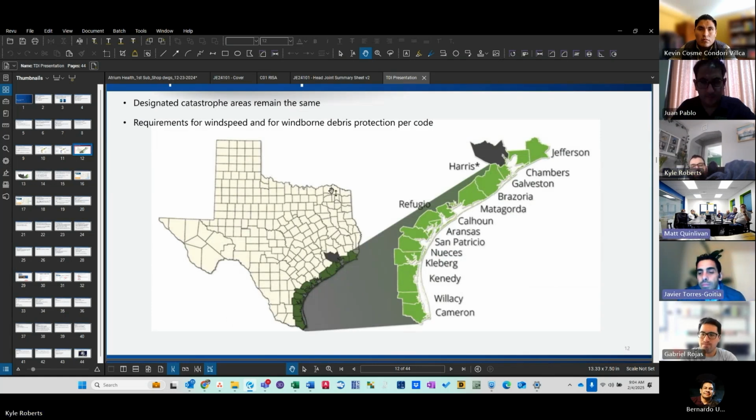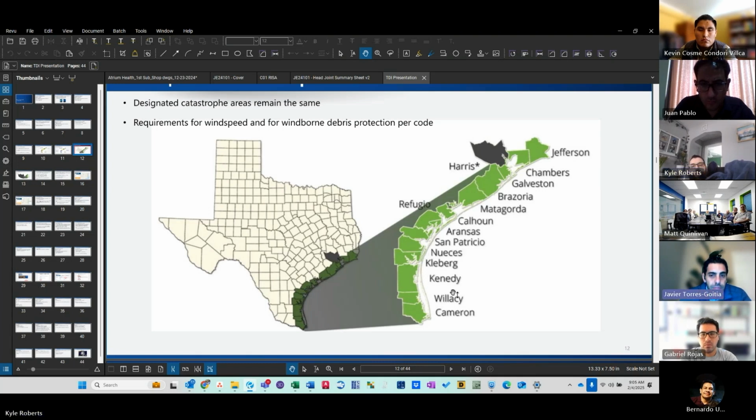Yep, we can. So in Texas, along the coastline, the Texas Department of Insurance, which is a specialty insurance that Texas has for tornadoes and hurricane prone areas, which is basically the entire state. It's basically a wind insurance provided by the state. But anyways, along the coastline, they have designated this a catastrophe area. So any project that falls in these counties, we really need to pay close attention to, because it probably needs to have that 1 5/16 laminated safety glazing